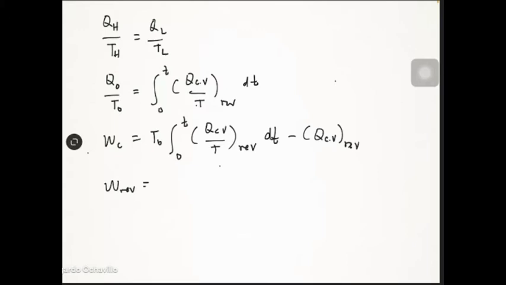So WC is T0 times M2 S2 minus M1 S1 plus the summation of M_e S_e minus the summation of M_i S_i, minus QCV reversible, plus the work of our control volume, considering a reversible process, which would be QCV plus the summation of the mass entering